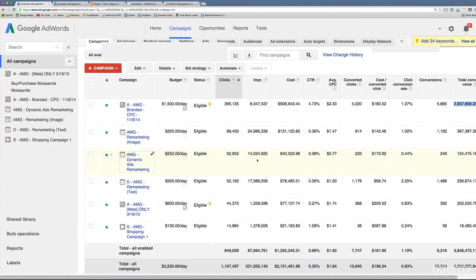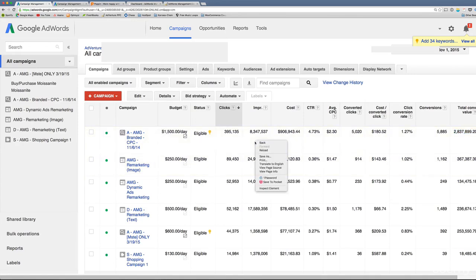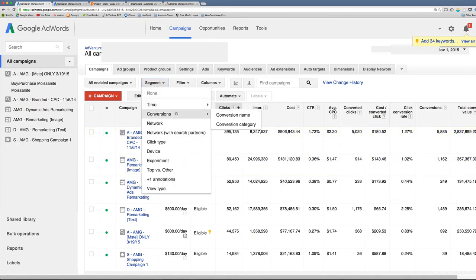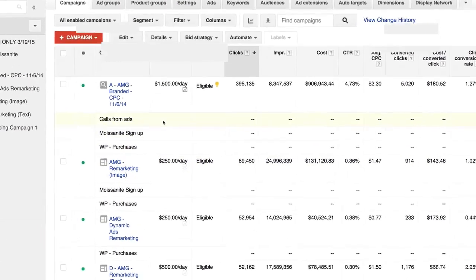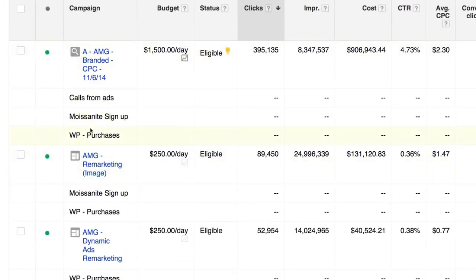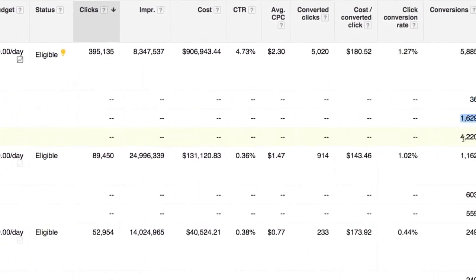If we were to click on segment, conversions, conversion name, we would actually see an interesting thing. We would see the campaigns, and if we were on ad groups or keywords, we would see the same thing, broken down by type of conversion or conversion name. So for example, we have calls from ads, which is one conversion type. We have our phone number pinned into our ads, and for this campaign, we have 36 calls from ads. From the signups, newsletter signups, we have 1,629, and purchases, we have 4,220 for a total conversion value of that